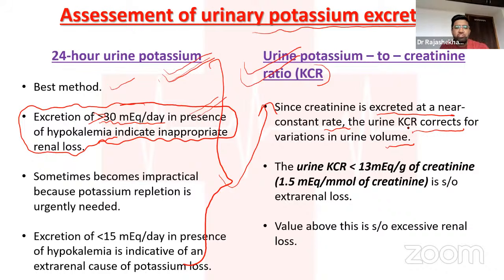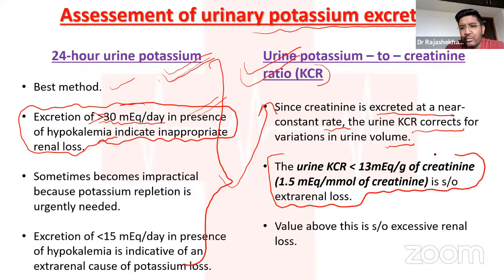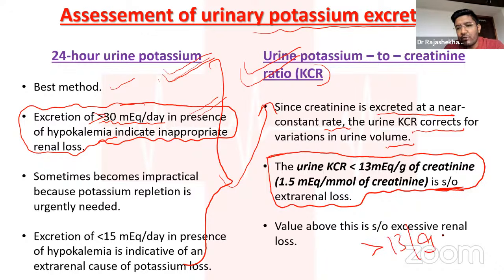This is similar in all other conditions. Instead of measuring 24-hour urine protein in the case of nephrotic syndrome, we usually go for the albumin creatinine ratio or protein creatinine ratio. Similarly for calcium, similarly for sodium, anything: if you correct the spot urine excretion to the creatinine, you can directly compensate for the 24-hour urine. So in any patient, if the urine potassium creatinine ratio is less than 30 milliequivalents per gram of creatinine, it is suggestive of extrarenal loss. And if it is more than 30 milliequivalents per gram of creatinine, then the kidney is losing the potassium in your patient.